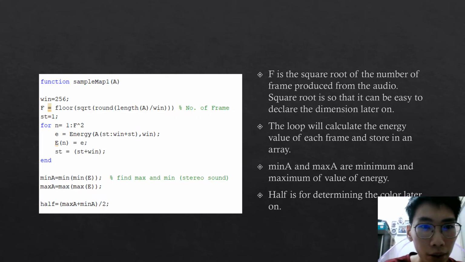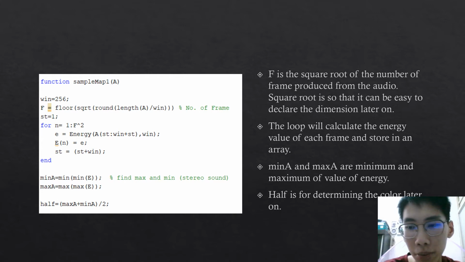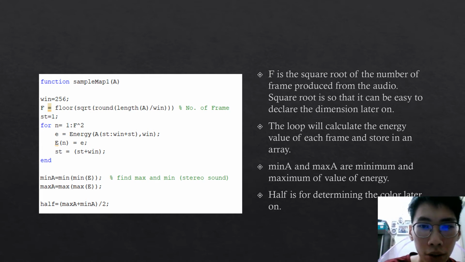In this one, this is the function of the sample map. First thing, I declared win as a variable for the frame. Each frame is the size of 256. And then right here, f equals floor of the square root of round of length of a divided by win. This is the square root of the number of frames produced from the audio. The square root is so that afterwards it can be used easily to declare the dimension of the size of